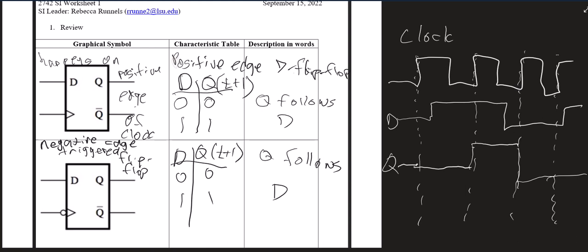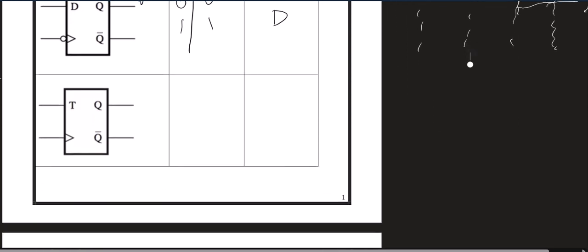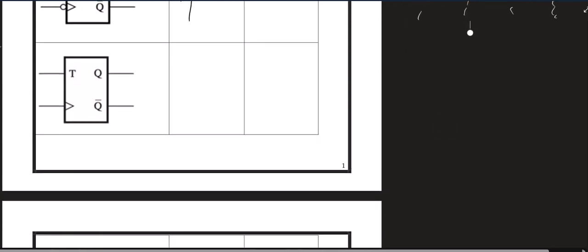Okay. All right, so next we'll look at the T flip-flop. The T flip-flop is a little bit different. The T stands for toggle, and toggle means going from on to off or off to on. That's what toggle means. And for our characteristic table,